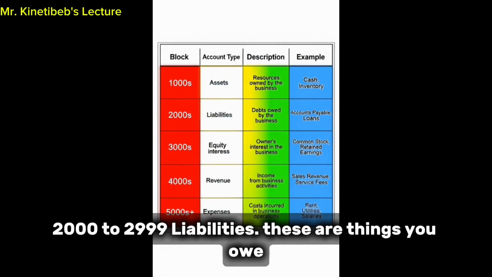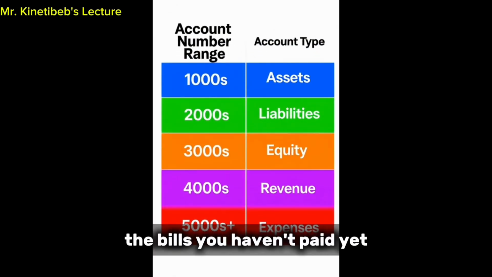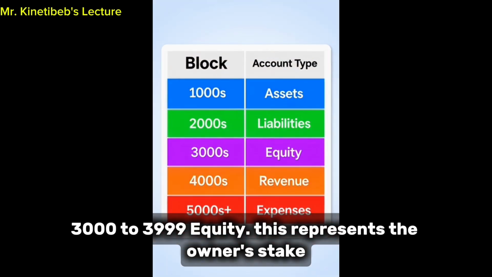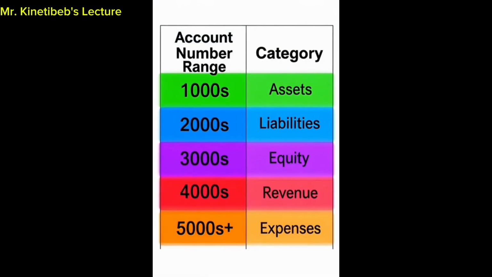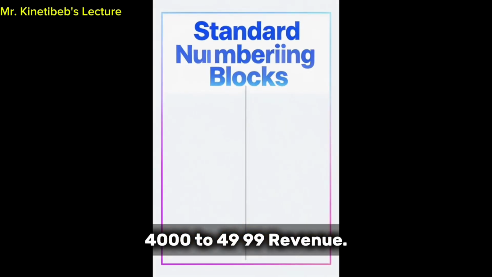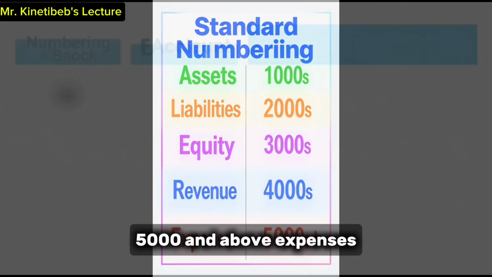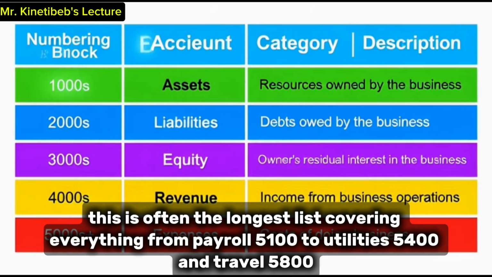2000 to 2999, liabilities. These are things you owe. 2010 is usually accounts payable, the bills you haven't paid yet. 3000 to 3999, equity. This represents the owner's stake. 3010 might be retained earnings. 4000 to 4999, revenue. Every dollar earned from sales or services lives here. 5000 and above, expenses. This is often the longest list, covering everything from payroll, 5100, to utilities, 5400, and travel,